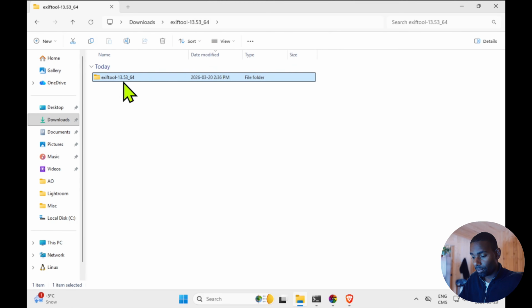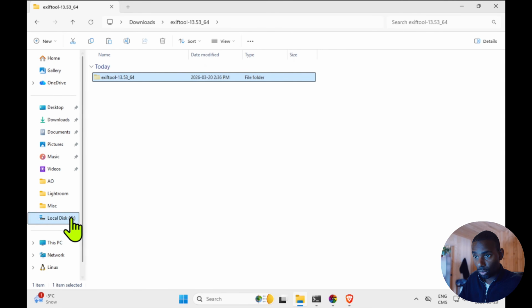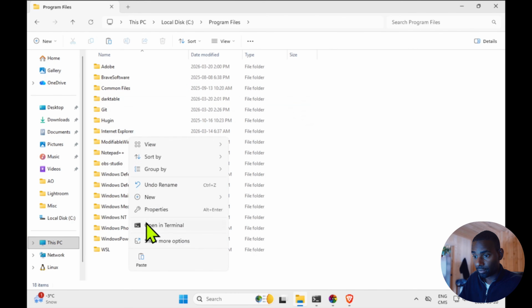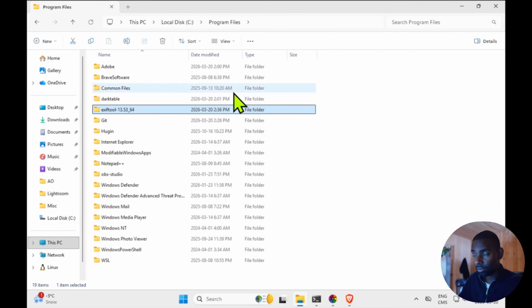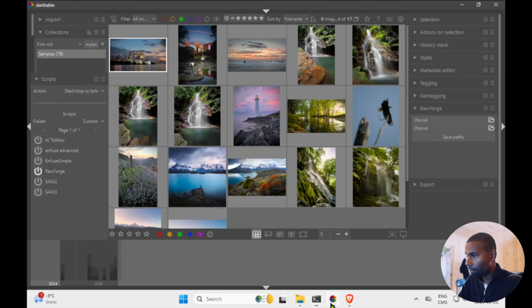Now you can cut this folder. You go to your C program file and you paste it there. And that's it. So now let's see if RawForge has been installed. So as you can see, RawForge is installed. Now you can open Darktable. In the RawForge plugin,